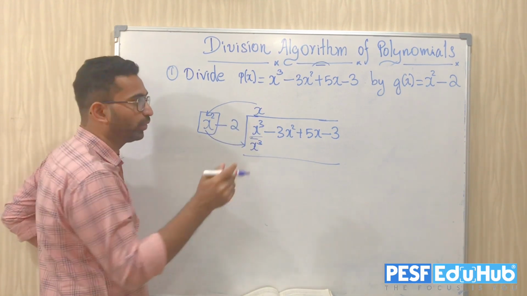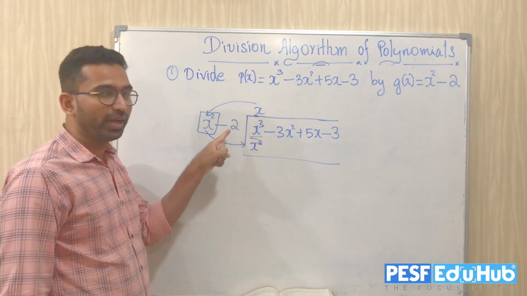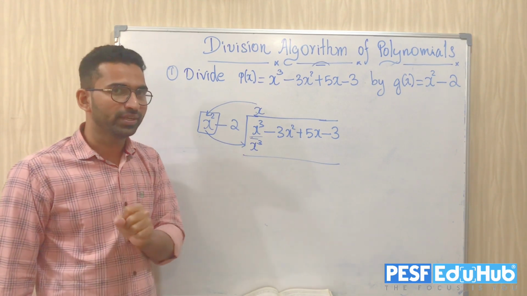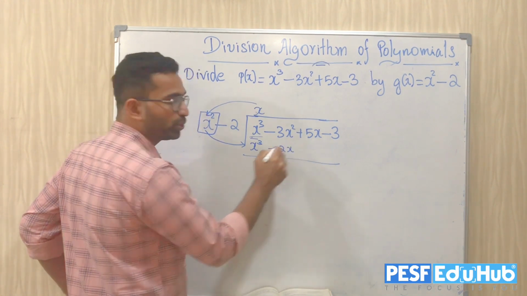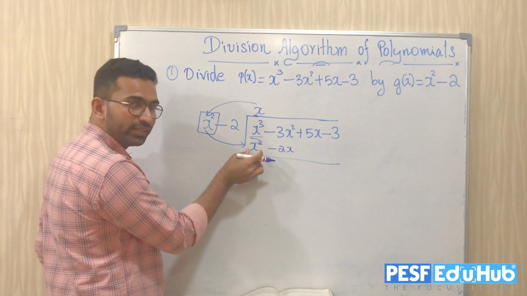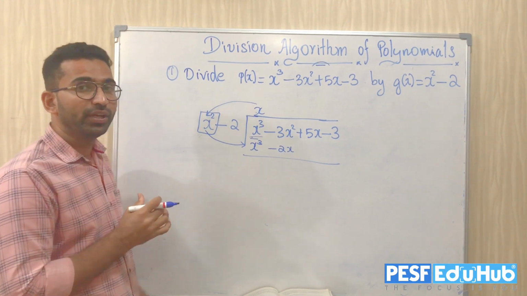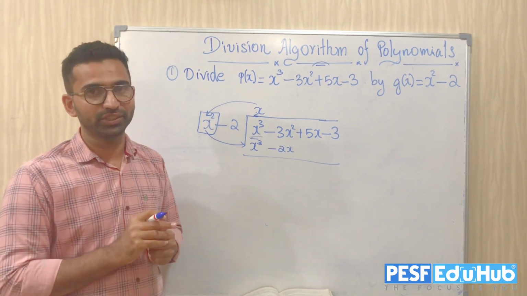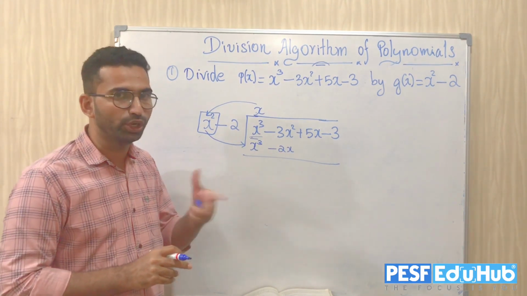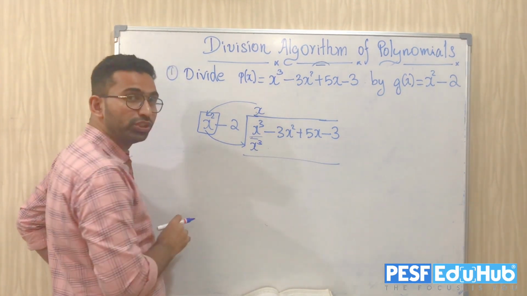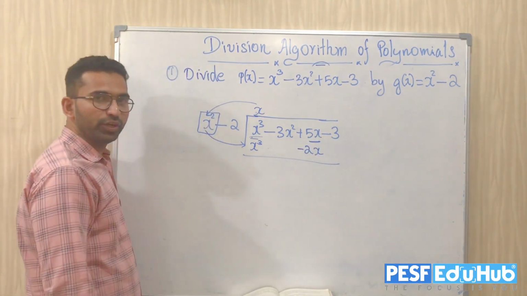As I told you, don't forget, x I have to multiply with minus 2 as well. So when I multiply x with minus 2, I'll get minus 2x. So where should I write that minus 2x? I'm not supposed to write here as minus 2x, because after writing this step, definitely we are going to subtract. Subtracting or adding is actually possible only between the like terms. This is minus 3x square and this is minus 2x. Do you think they are like terms? No. It means you are not supposed to write here. You have to write just below this term, minus 2x. Are you getting the point?